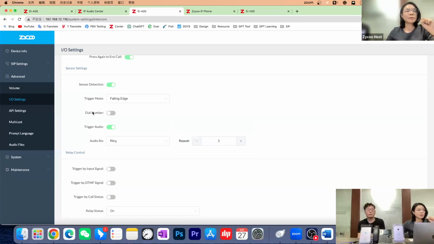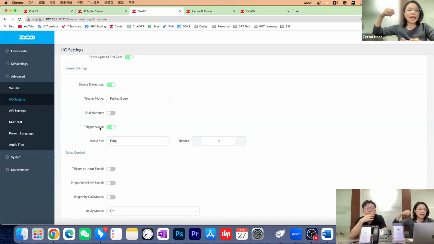So for example, you will be choosing the dial number if you connect with a smoke detector. Smoke detector activated, it will call Emily and let Emily know the smoke detector is activated. And the trigger audio can be, we connect with an infrared sensor. So outside of the warehouse, if someone is trying to cross the lights, and then the sensor is activated, it will play an announcement